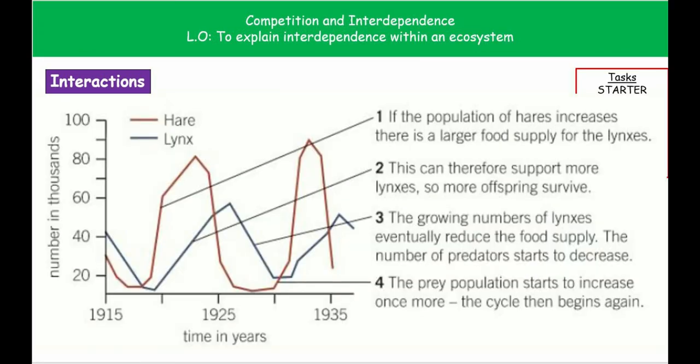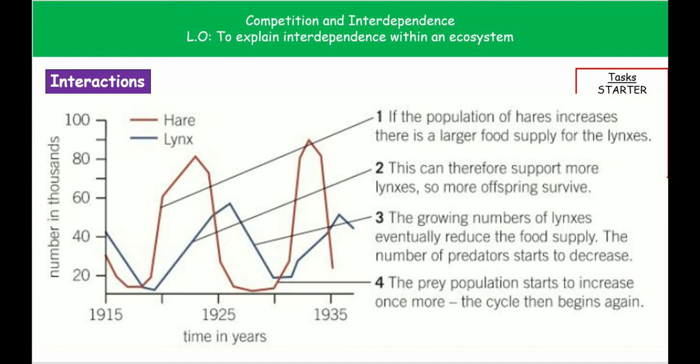Let's double check those labels on our graph then. The first one we can see is the red line is much higher than the blue line. So what we actually have here is an increasing population of hares. Now hares are the prey, and therefore we've got a larger supply of food for the lynxes. So in that first bit, the hares are going up because there's obviously plenty of them to breed, and therefore their population rises. That supplies a lot of food for the lynxes, which means if you look at the blue line